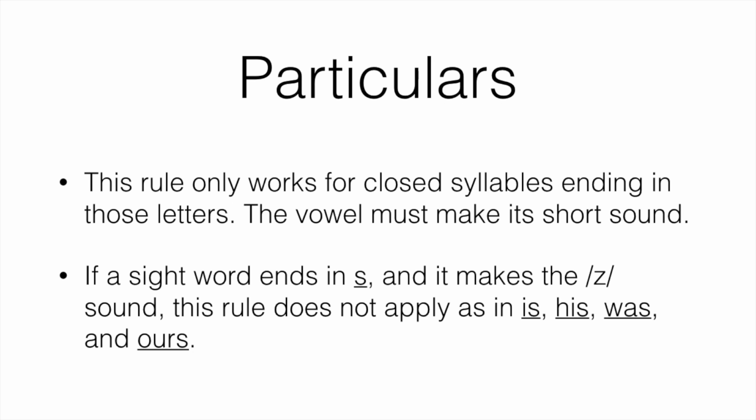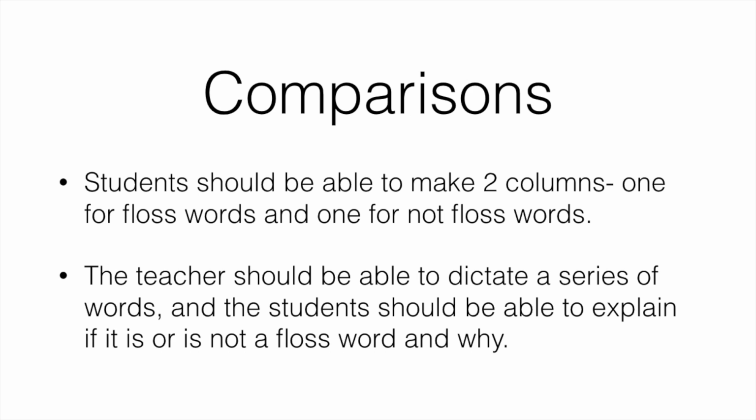So when sight words end with an S, they make the Z sound. The floss rule does not apply to when the S is making the Z sound. So you see some examples here of is, his, was, and ours. Those do not double. Some things that you should be able to do with your students include having them be